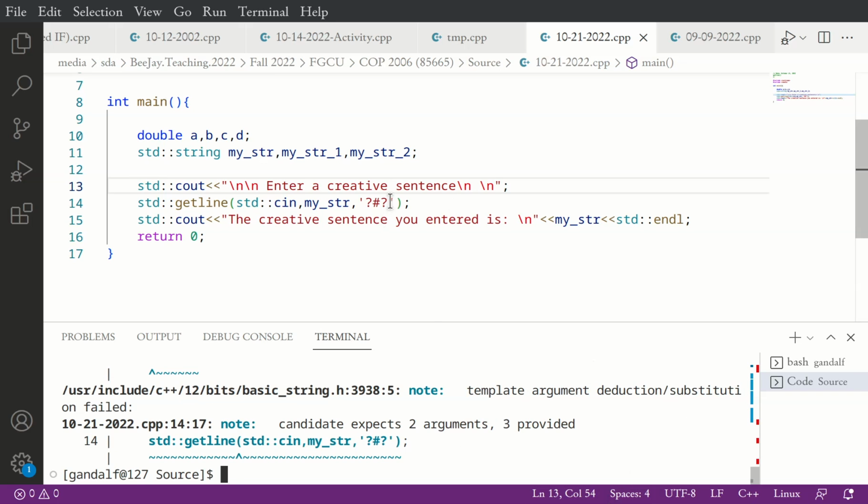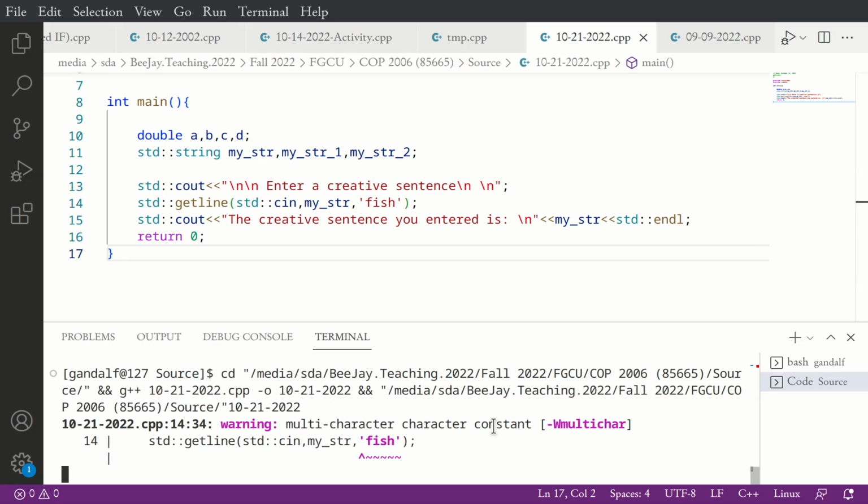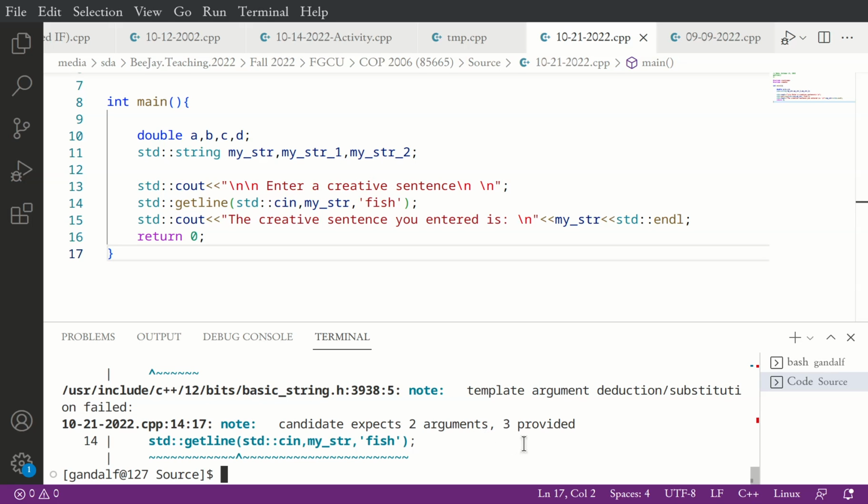Is it saying that the data type is a character? So, if I put fish, which is a string, oops, save, then run, still is a problem. So whatever we end with has to be a single character.